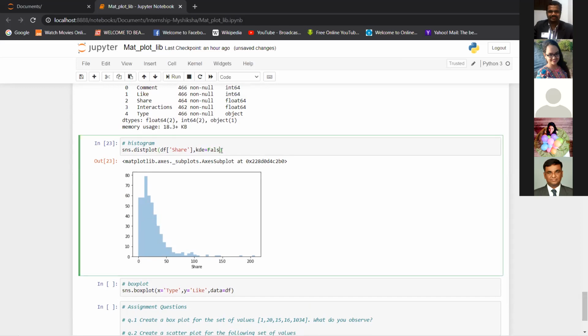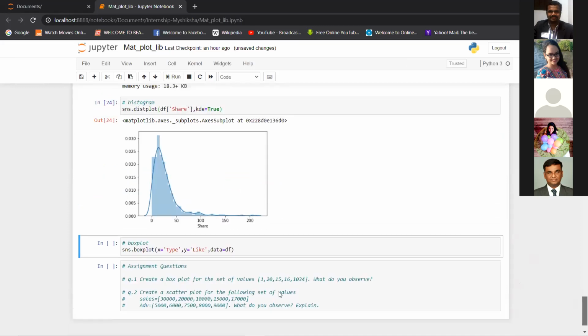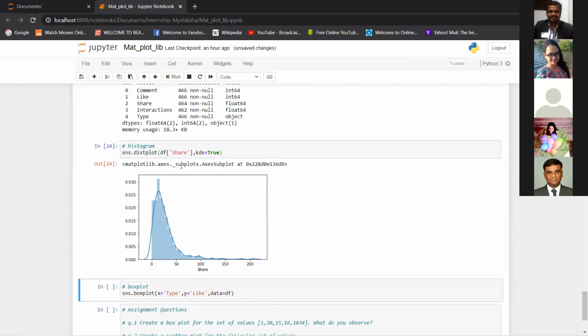If you set this as True, you will get a smooth continuous curve above your histogram. So again, a simple visual component. You don't need to worry about that much.